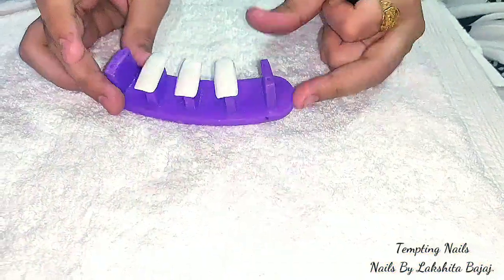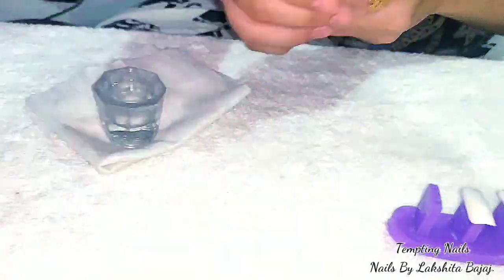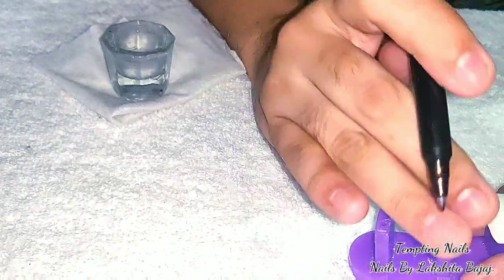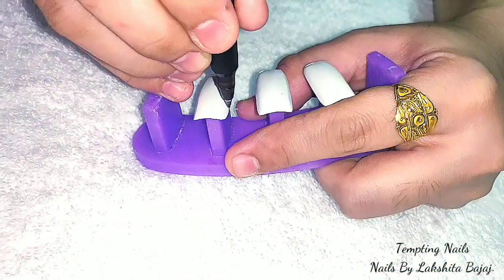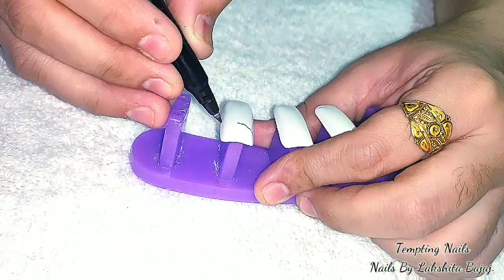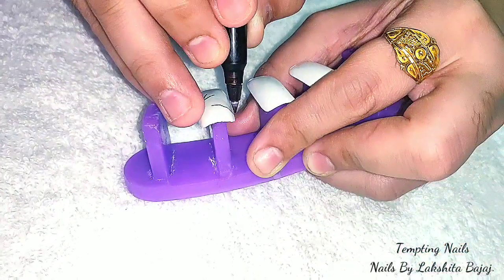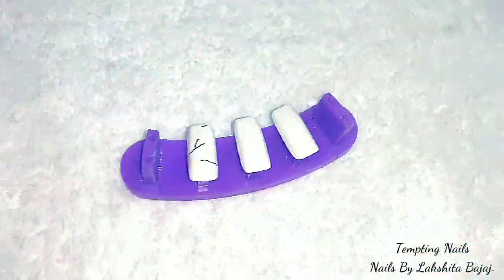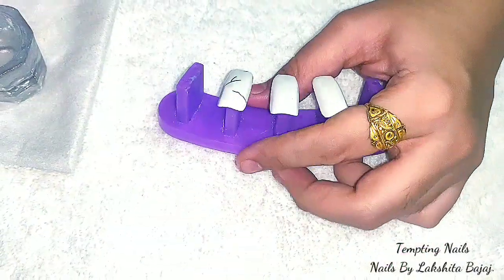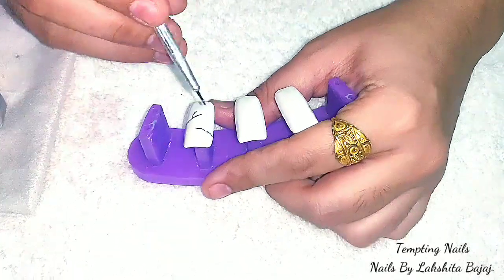So these are the brushes and a permanent marker, and I have already painted these 3 nails white, and this one is 91% rubbing alcohol. I'll draw this on the nail. I'm drawing these random lines. It doesn't have to be straight, it should be like roots. Then dip the brush into rubbing alcohol and start rubbing those lines with very light pressure